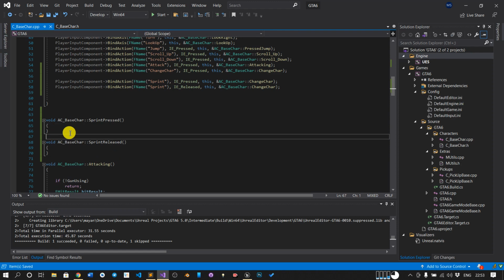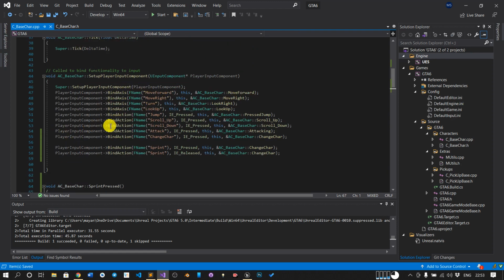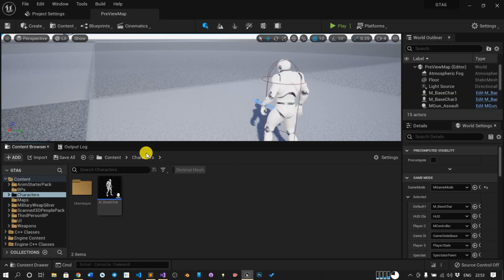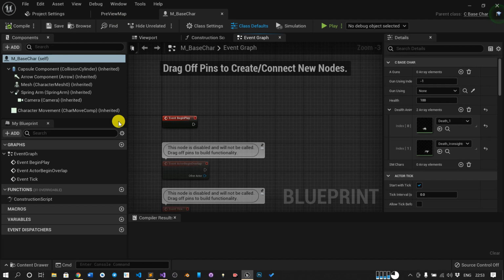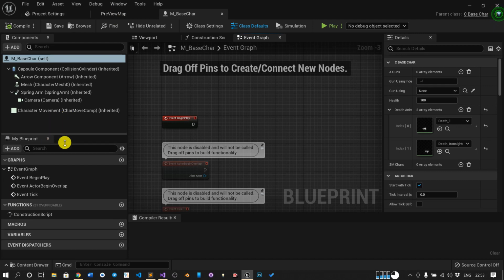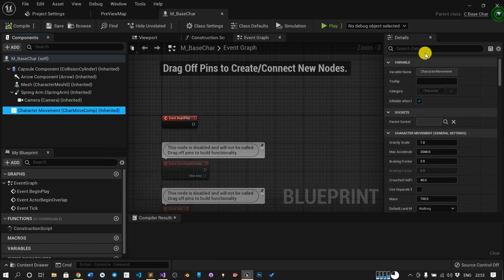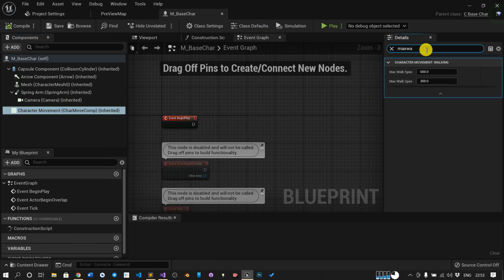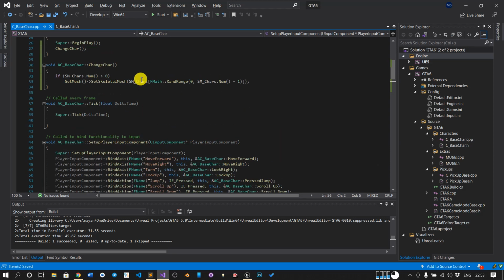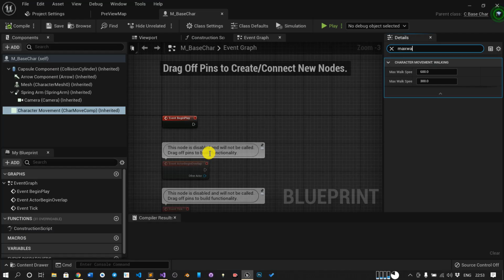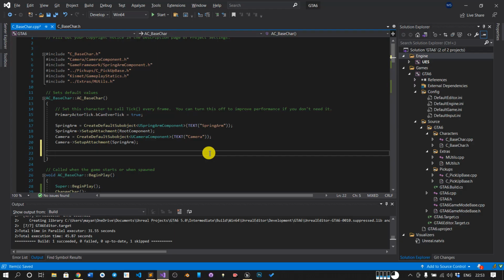Now for the default, we have to specify the speed, and that function is available in the character movement. See, in the character class we have the character movement component, which has the max walk speed. See, and it is 600, but we want this as 300 for the default one. So just go back to the constructor, and we will specify here. So it is the character movement component. So character